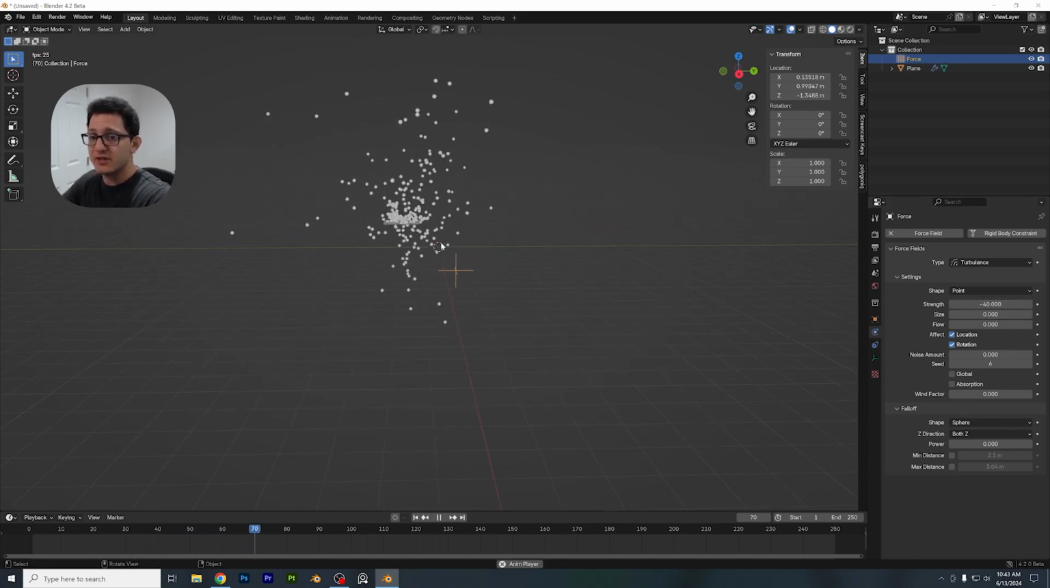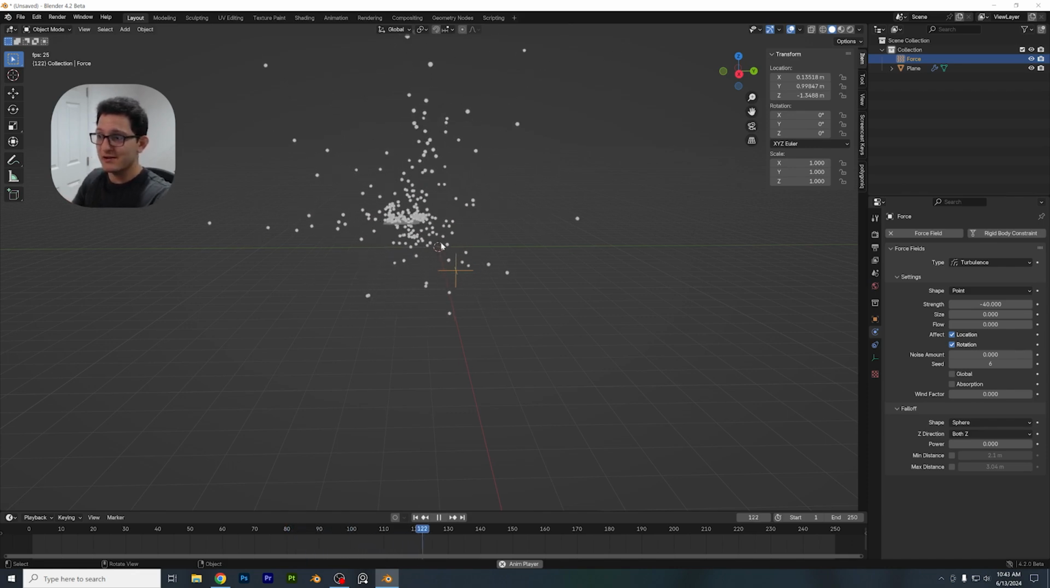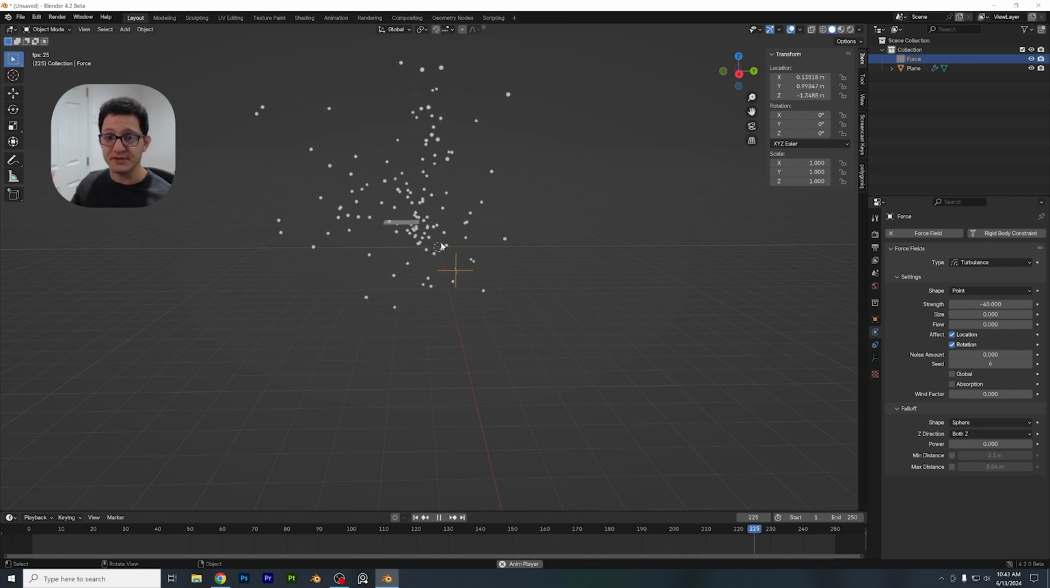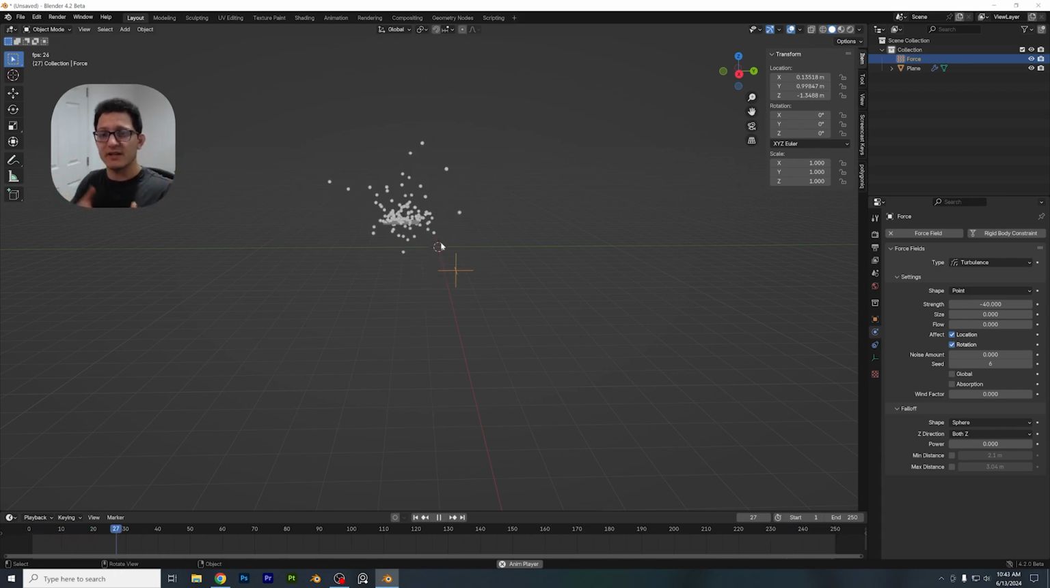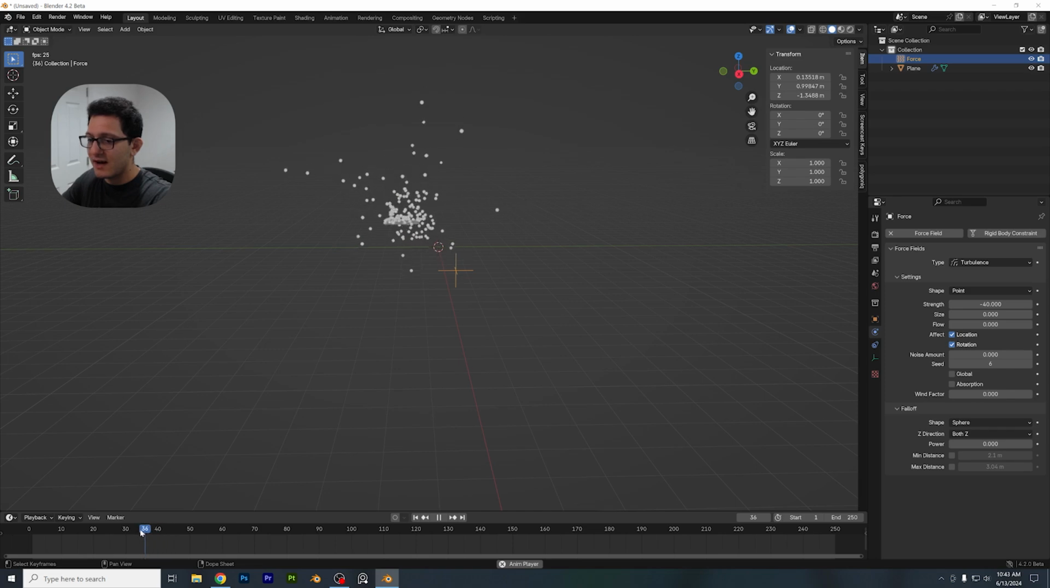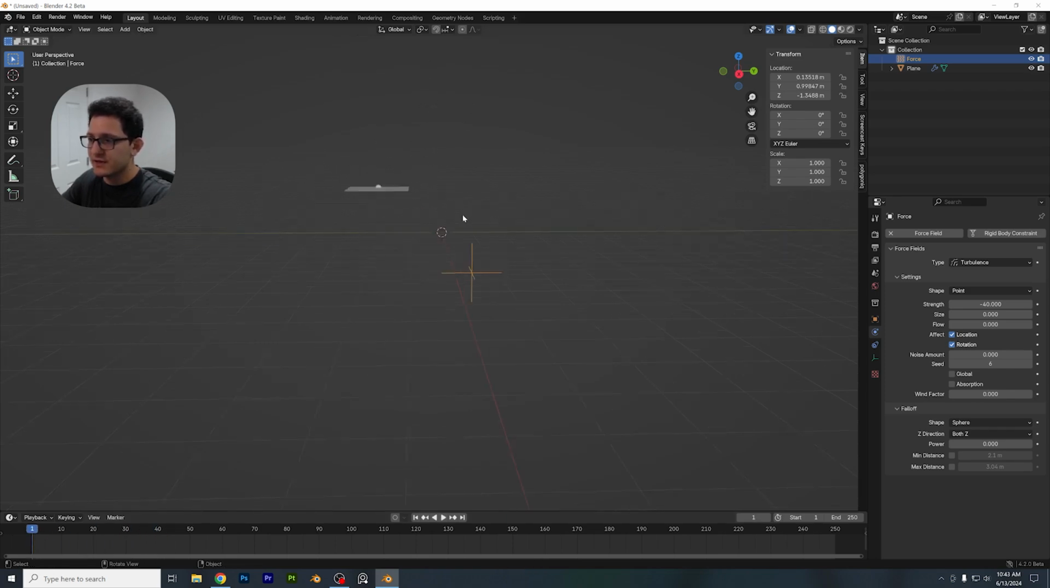Now, basically what Turbulence does is exactly what you're seeing here. It kind of just scatters things. Similar to when you're on an airplane and you experience turbulence, it's going to shake the plane, right? It's an unpredictable pattern. That's pretty much what turbulence is. And now I love playing with the turbulence force field because it can really add some organic elements to our